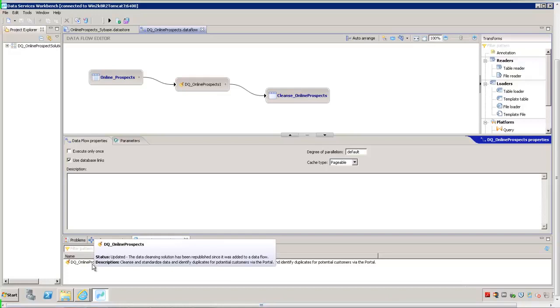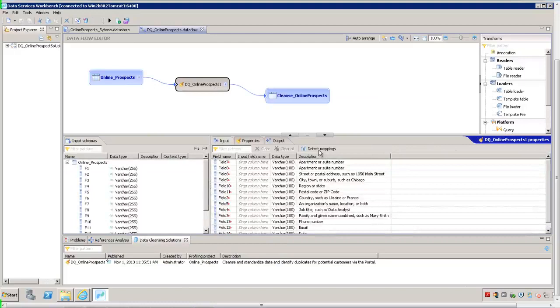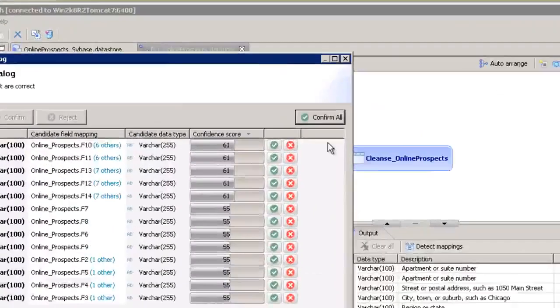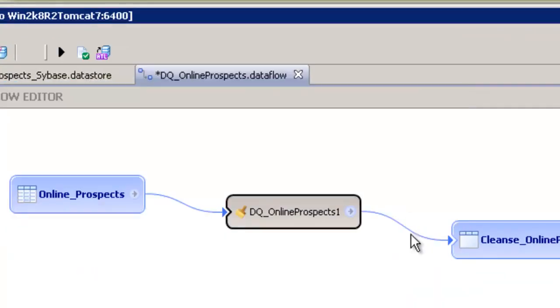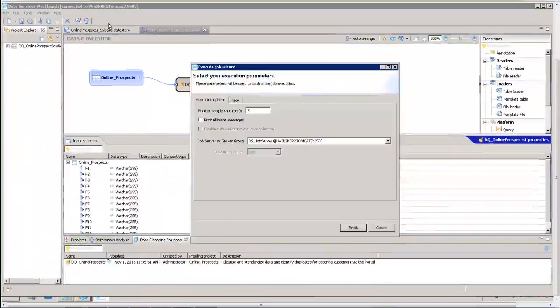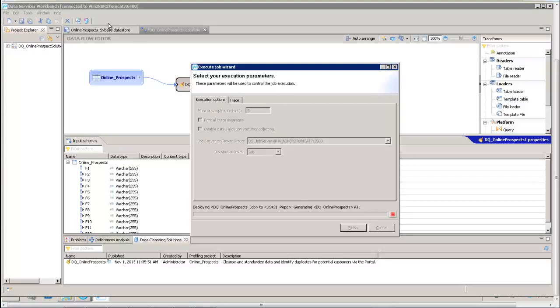So Dan takes the DQ Online Prospects, and he drags it up onto his canvas, adds a reader transform, bringing in the incoming data, and connects it to his DQ transform. Dan clicks on Detect Mappings and automatically confirms the results that he's seeing and runs his Data Services job. And now Dan will run his data cleansing solution, which contains all the settings that Dora did inside of Information